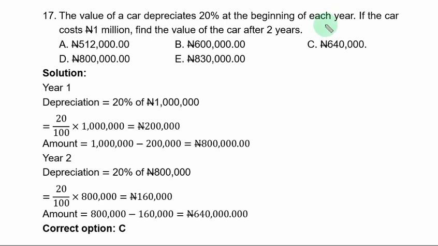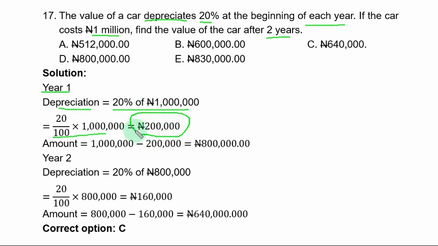Question 17. The value of a car depreciates by 20% at the beginning of each year. If the car costs 1 million naira, find the value of the car after 2 years. So let's take first year. The depreciation is 20% of the cost. That is 20% of 1 million. You express it in this form, and that is